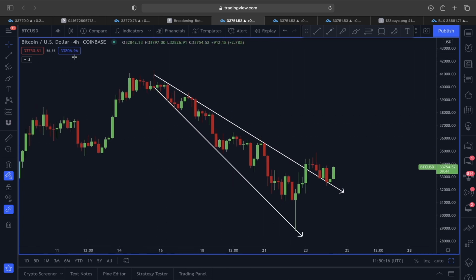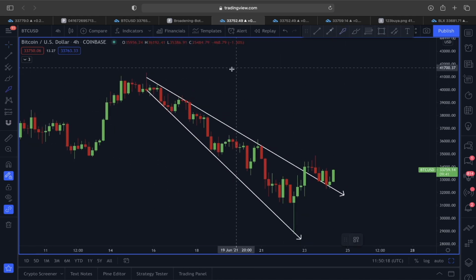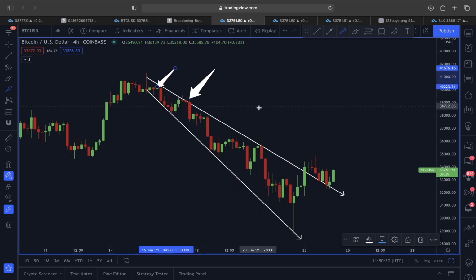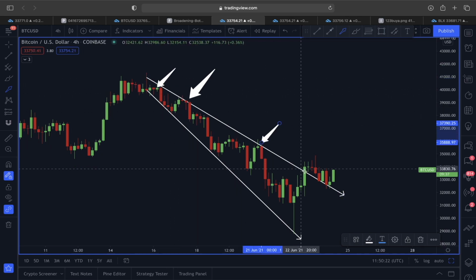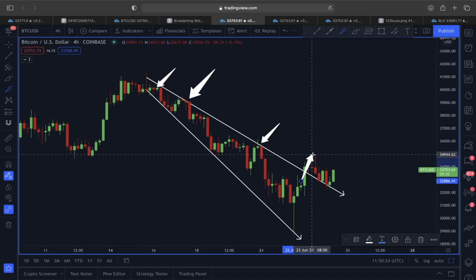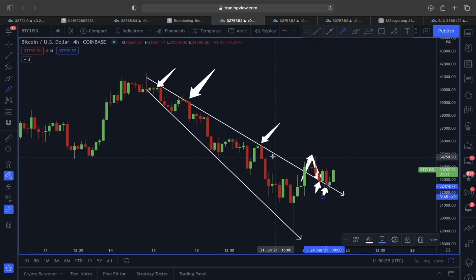And also not just only because of this broadening bottom, I also included this descending broadening wedge playing out for Bitcoin here in a 4-hour time frame. Yesterday we were very clear, because we knew that this upper line which previously acted as a strong resistance, the price was already breaking out of it, and now this pullback you can see again got a strong support from the same line which previously acted as a resistance. So now as you can see, the price of Bitcoin is showing this bullishness.